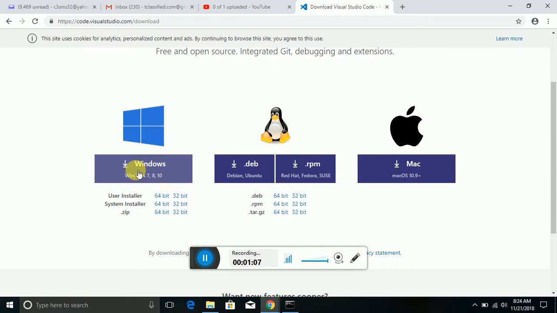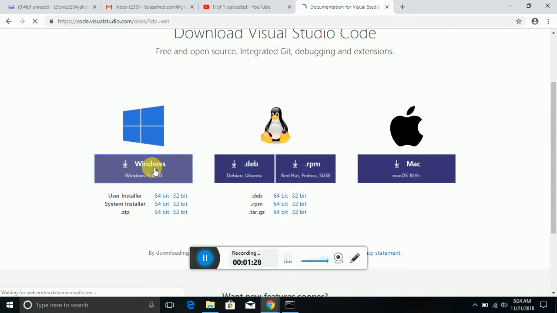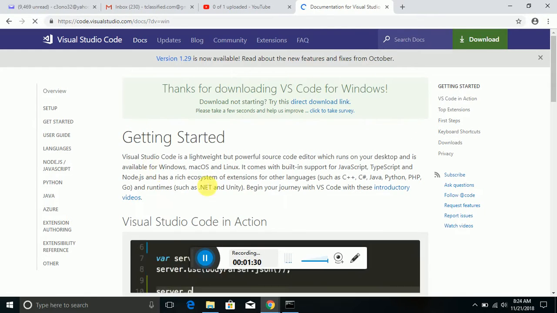You can see if you're using Windows, this is the right place to click on. If you're using Mac, this is the right place. If you're using Ubuntu or Fedora, depending on your operating system, you are going to click on the right place. So I'm going to quickly click on Windows 7, 8, 10. I'm using Windows 10, so I'm going to click on this. So when I click on this,